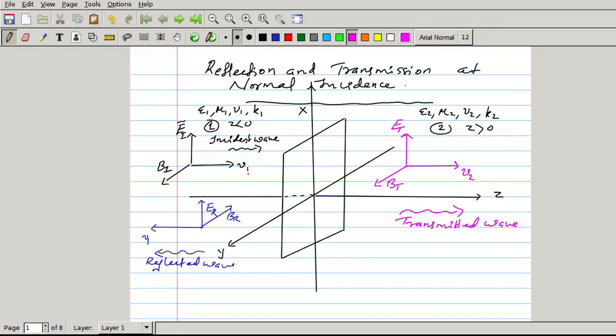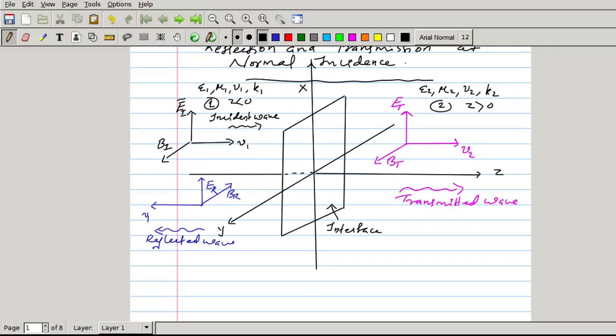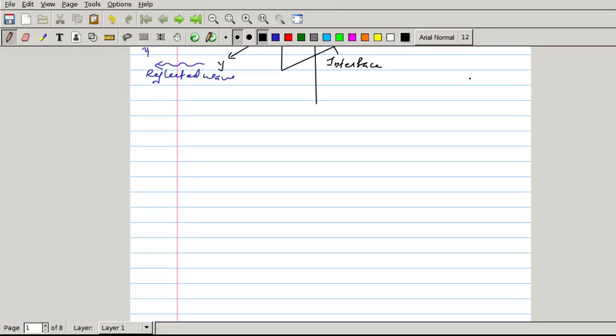So if a wave is incident on a medium, some part of the wave will be reflected and some part of the wave will be transmitted. Left side of this interface, this represents the interface. Left side of the interface, the medium is 1 and right side of the interface, the medium is 2. So the wave equations of incident, reflected and transmitted wave can be written as,